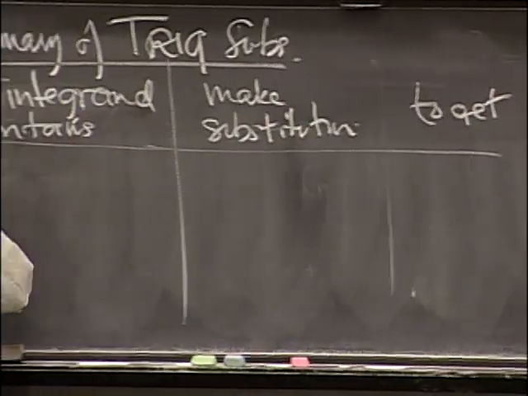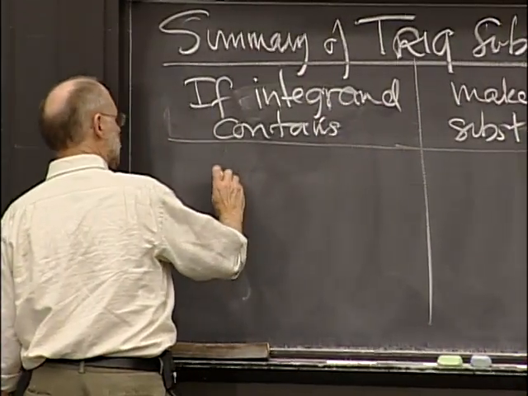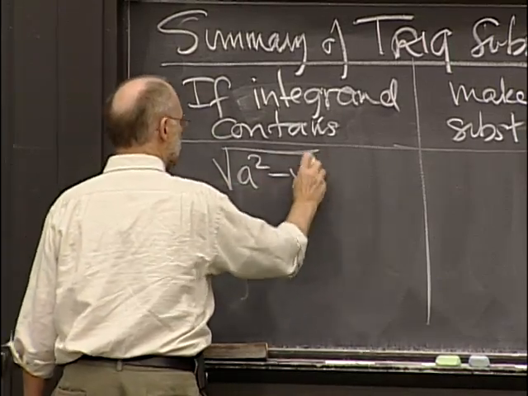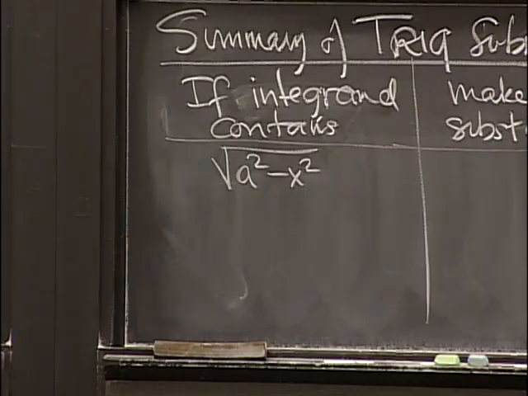I'll write these things out as square roots. If it contains the square root of a squared minus x squared, this is what we talked about on Thursday